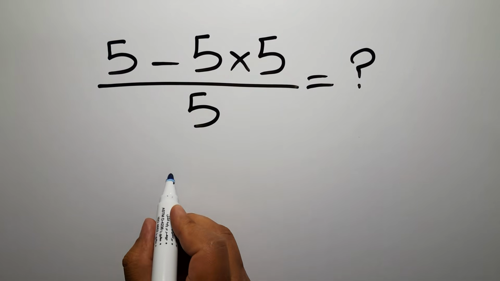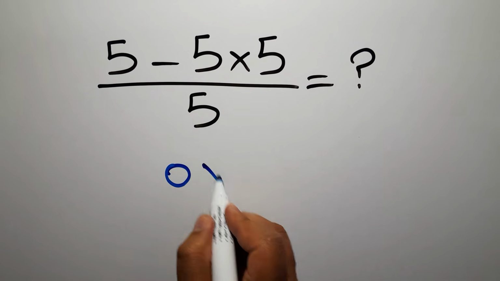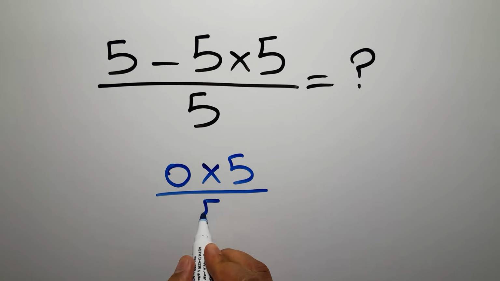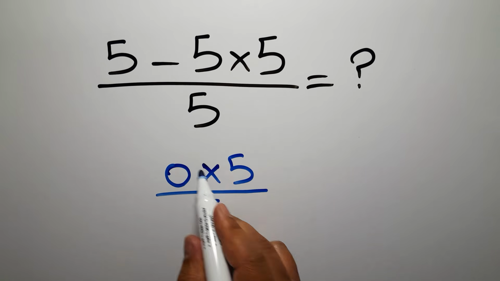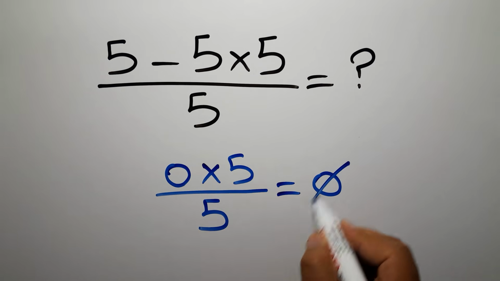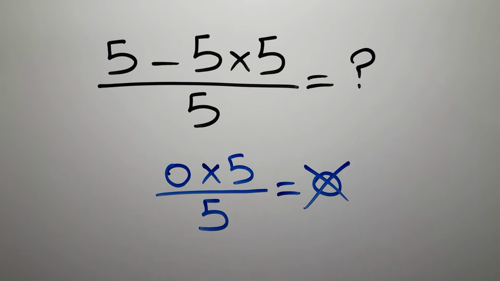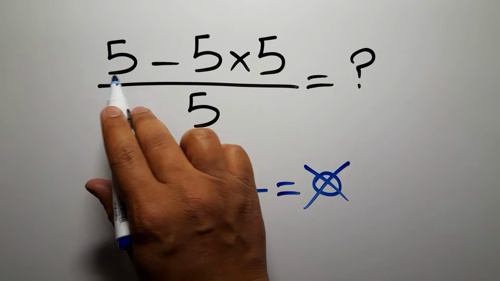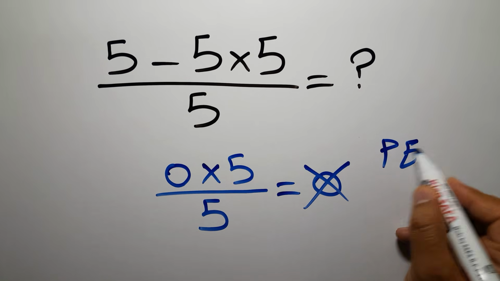5 minus 5 is just 0, and 0 times 5 over 5. 0 times 5 is 0, and 0 divided by 5 gives us 0. But this answer is not correct, because according to the order of operations, which is PEMDAS,